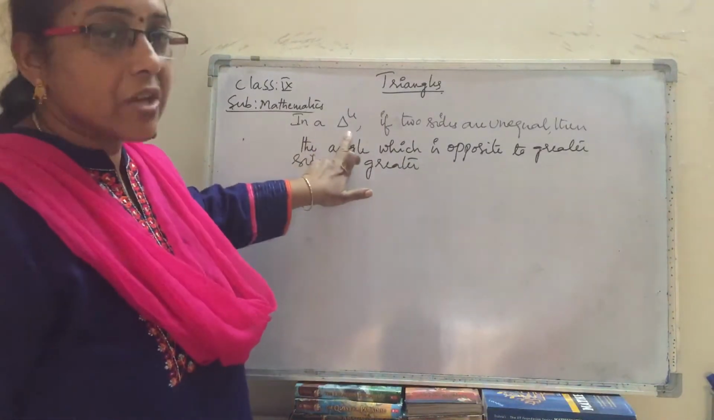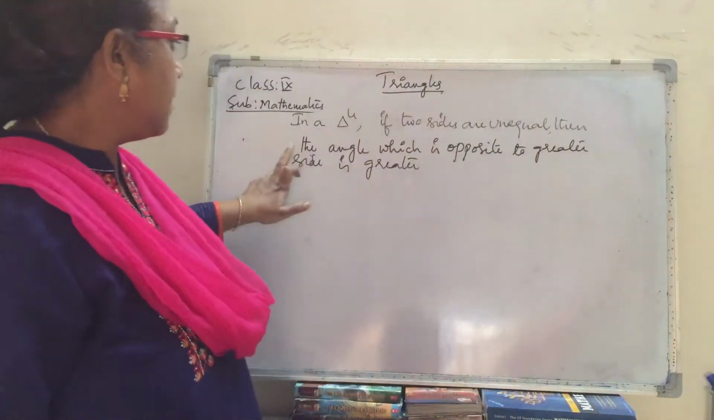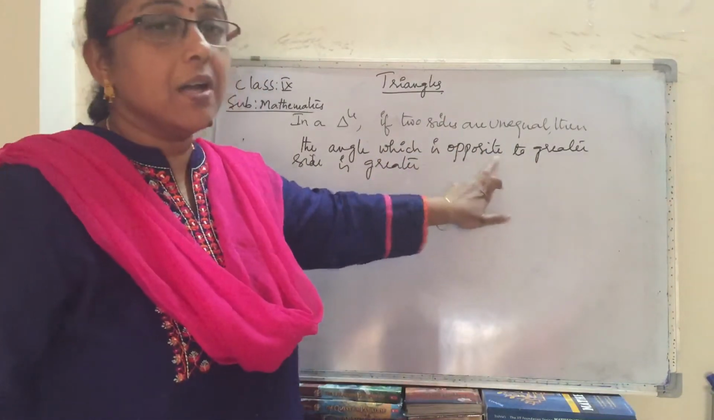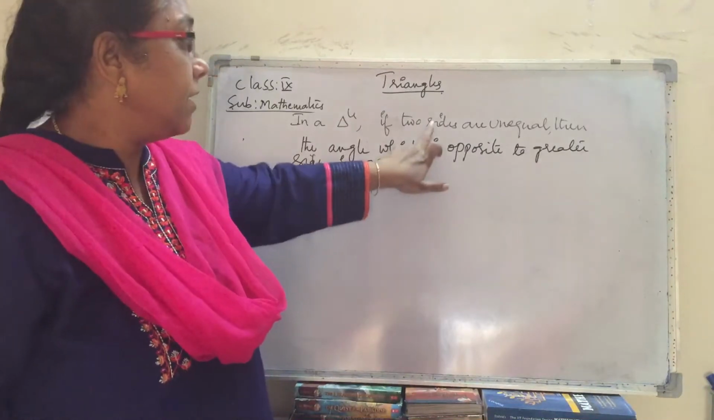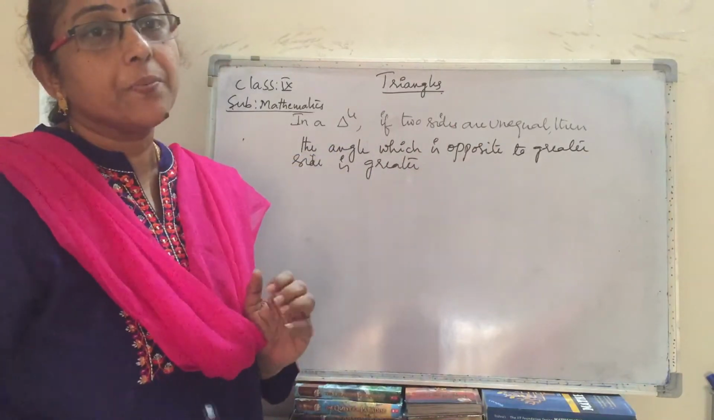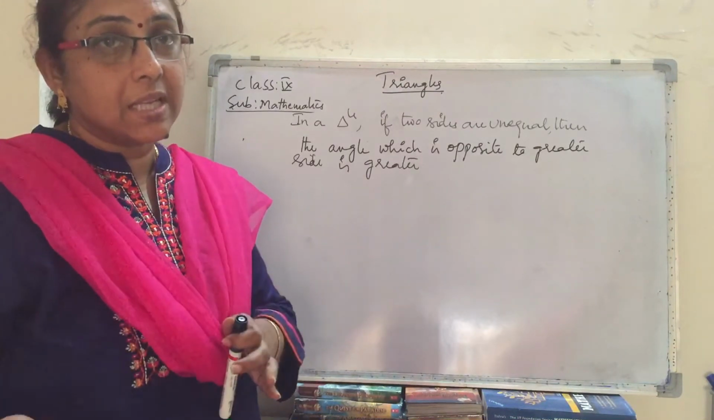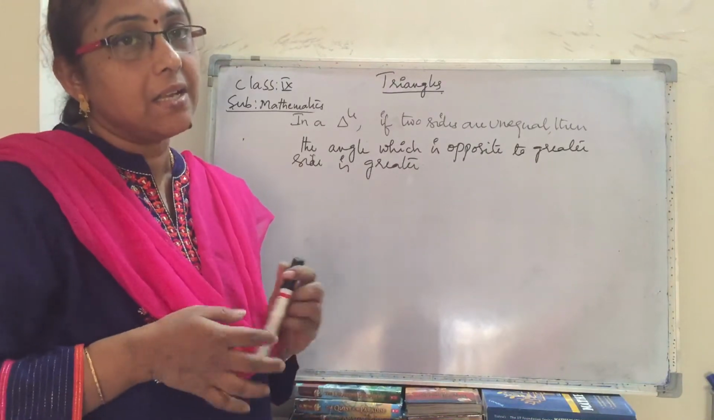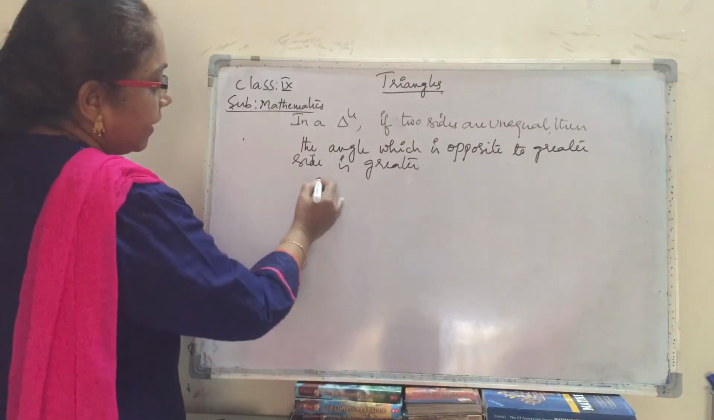Here, in a triangle, if two sides are unequal, then the angle which is opposite to the greater side is greater. Okay, children? If two sides are unequal, what does it mean? They are not of the same length. So one side is more than the other side, or one side is less than the other side. We will take it like that. Suppose, see, if we take